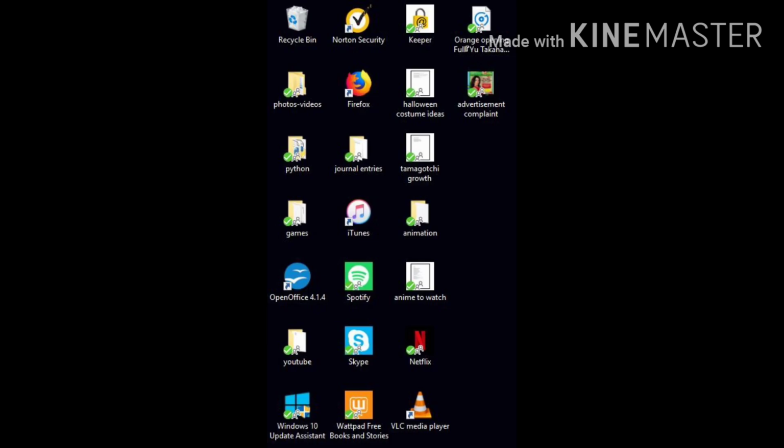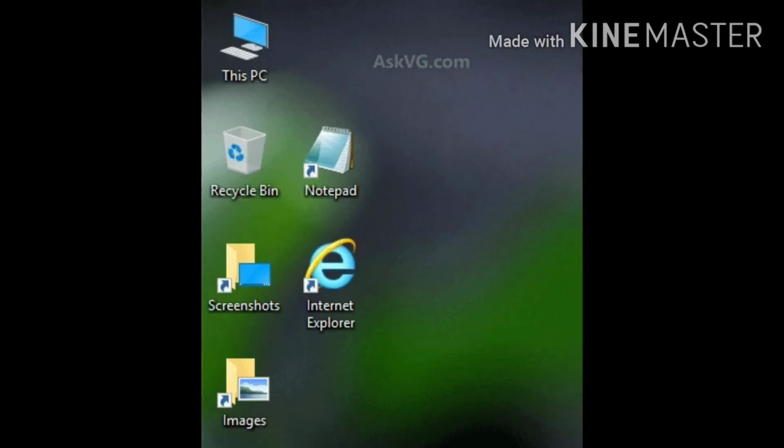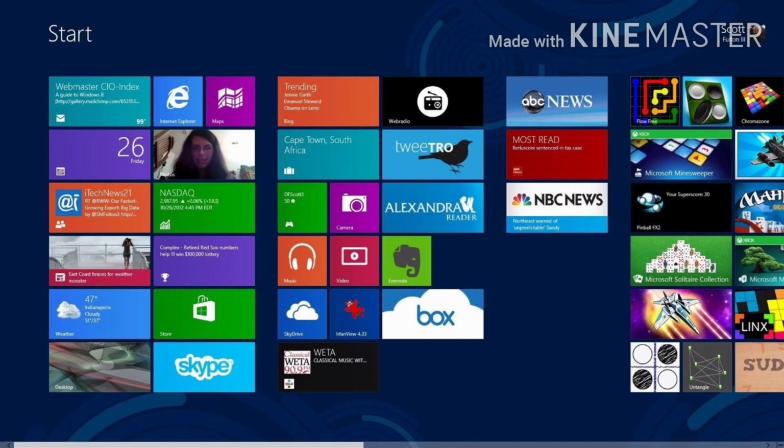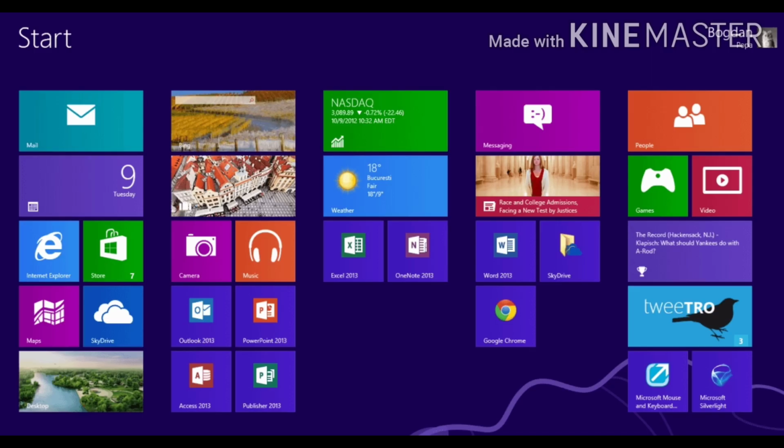Our next topic is icons. Small pictures displayed on the desktop are called icons. An icon is simply a graphic representation of an application or a file. To open or access an icon, just double click on it. Icons can also be moved around by clicking on them and dragging them to another place on the screen. Icons you can see on your desktop, the small pictures or graphics displayed, are called icons.